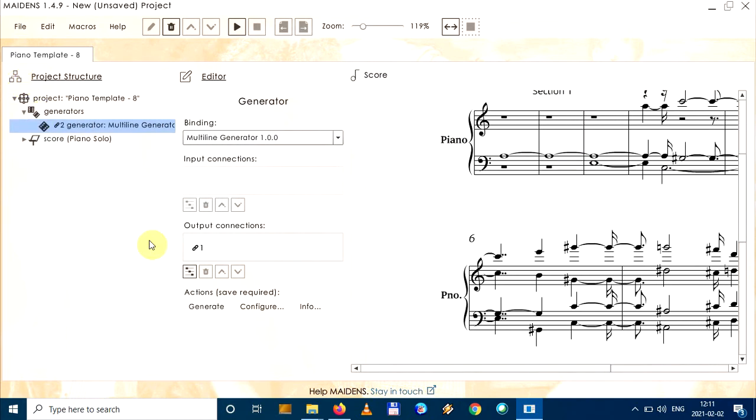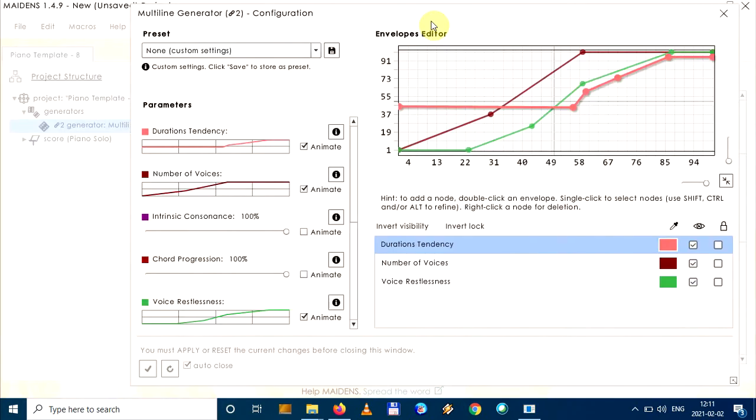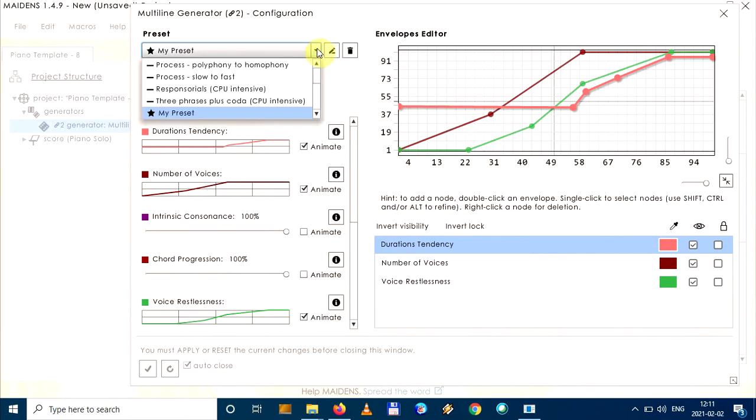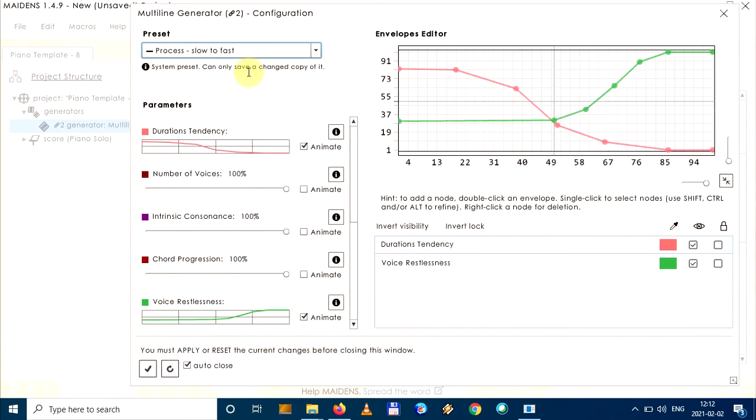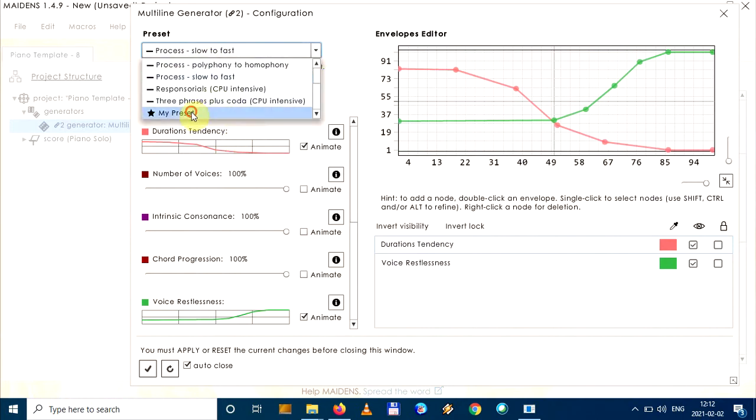Now, if I go back to the settings, I can see that the configuration I came up with is still there, and I can save it as a preset to recall later. It is saved as a user preset, as opposed to presets the app came packed with, which are called system presets. The difference, of course, is that you can't alter system presets. You cannot rename them, and of course, you cannot delete them either, as is the case with user presets.